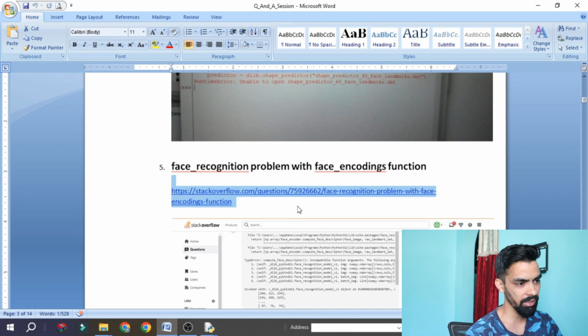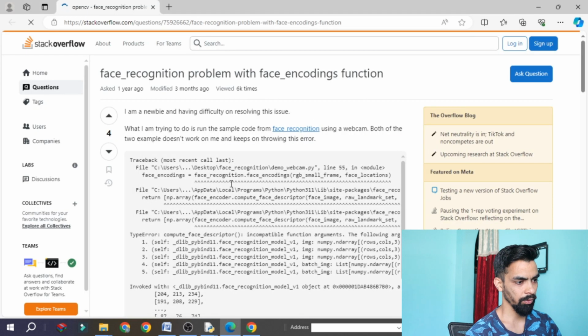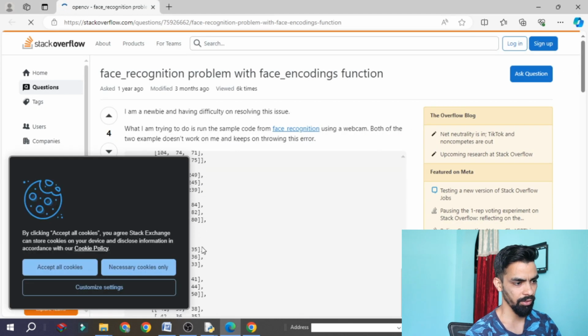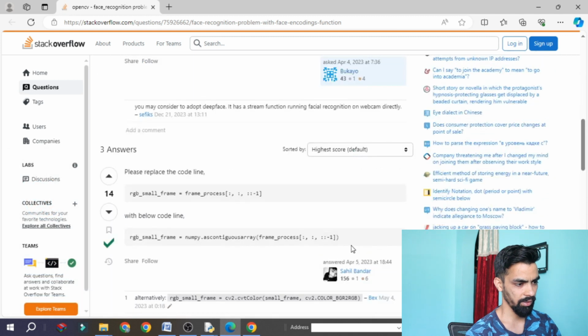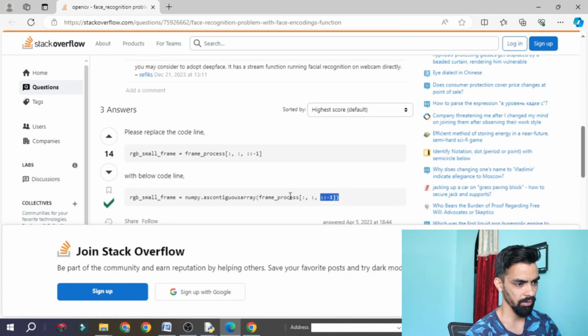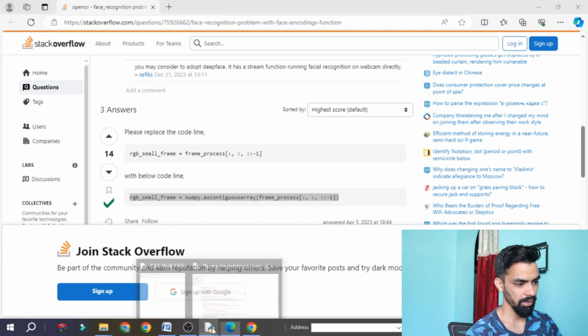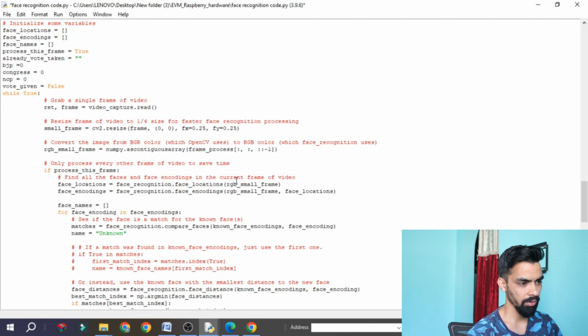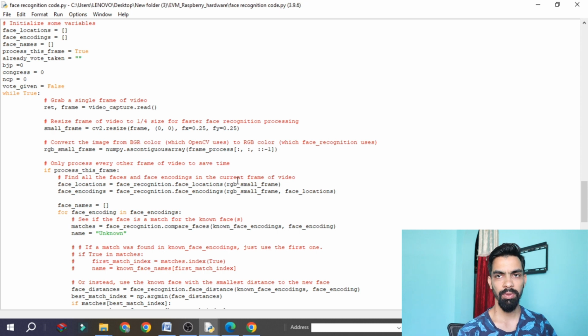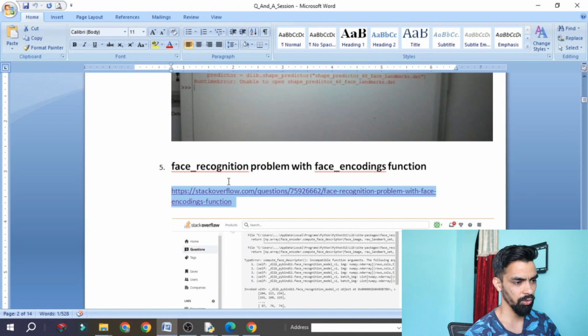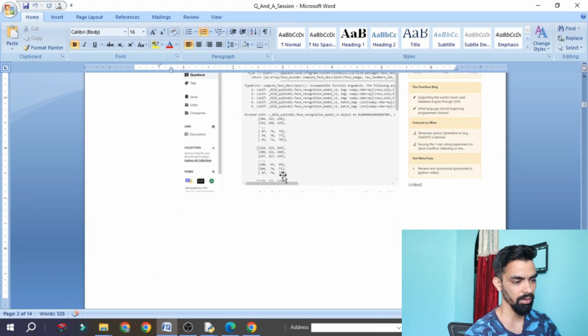So where will you find this line? You have to open this Stack Overflow article. Once you open that article, you will easily find it at the end. This one you can see, copy this line. That's it, copy this, open the program and paste it here. Then save. This is a very simple and easy step, and just check the alignment of each and every line. In this way you can solve this error.